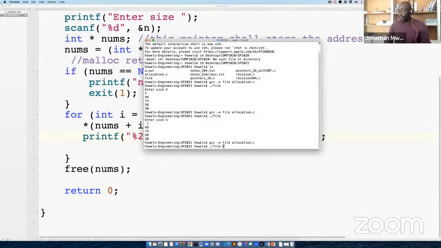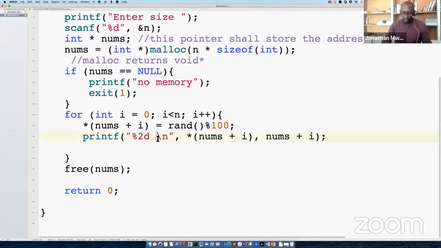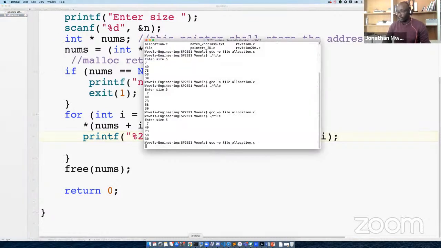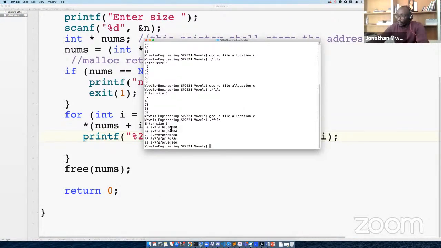Okay, file comes out 5 items. I think we have not started printing it out, so we're just going to say %p here for pointer, but this is going to print out the addresses in hexadecimal numbers. So let's run it. File comes out 5 items, and you can see the addresses up here. So 80, 84, 88. This will then be 92, but because of hexadecimals, we get C instead of like 12.